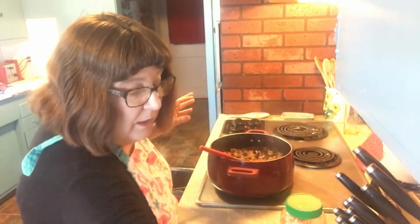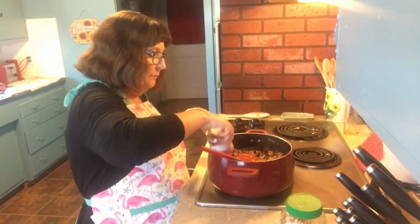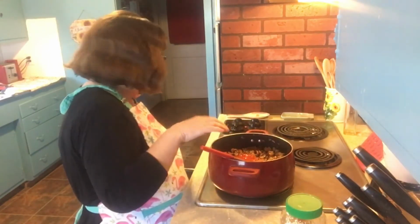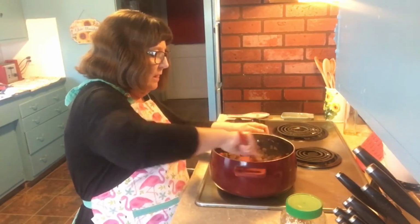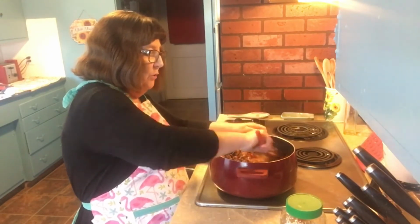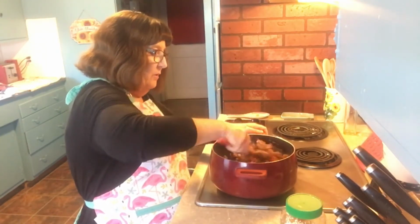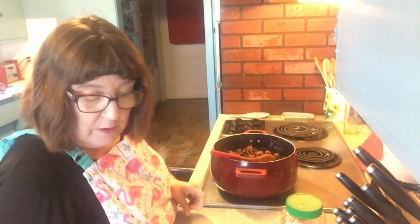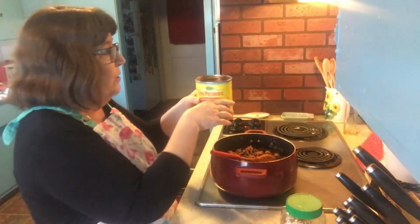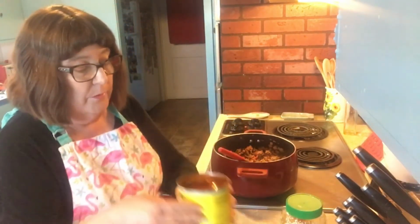Then it calls for 1 can of tomato sauce. This is a small can, which is 8 ounces. Now, I don't like my filling to be super soupy. I like it to be kind of thick. So, it calls for a small can of enchilada sauce. Okay, I only had a large can, so I'm not going to add all of it, and then I can use some more for our tacos when we have tacos with our roast beef. So,